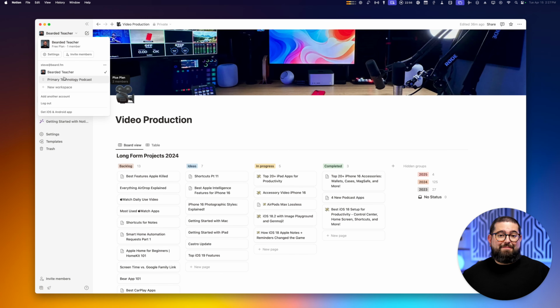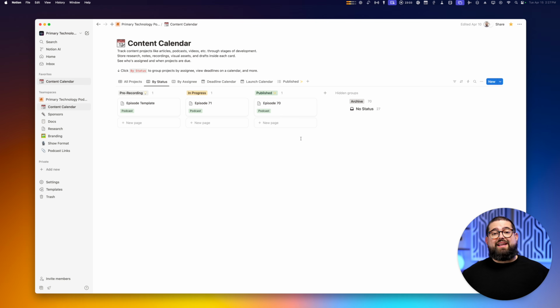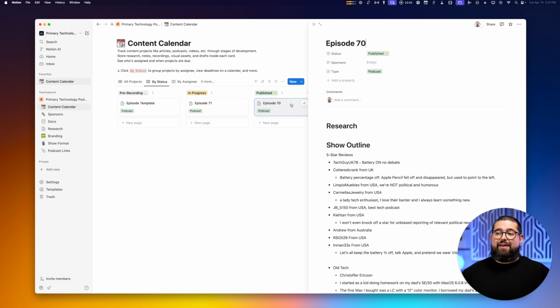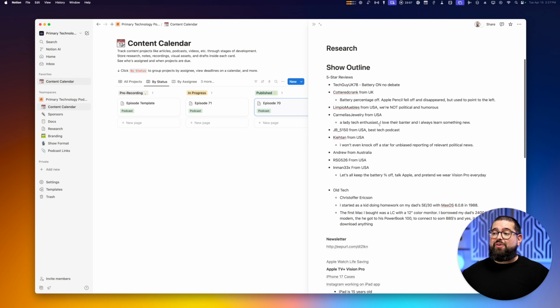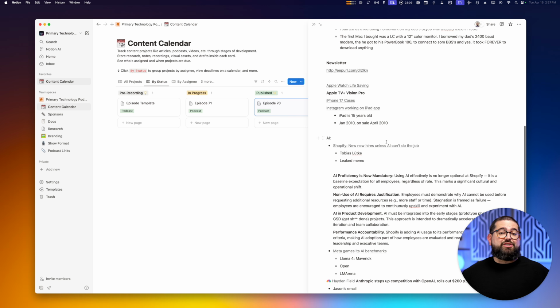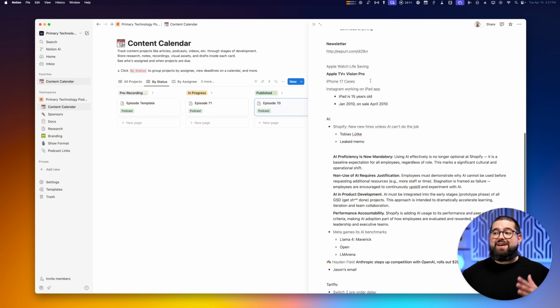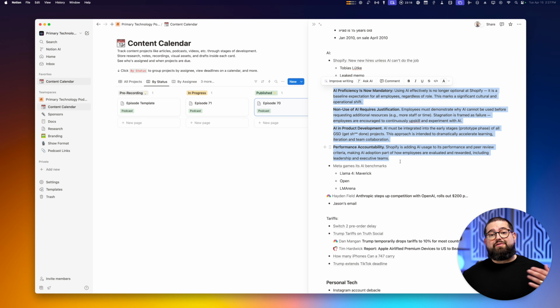Now, another way I use Notion and Riverside is for recording my podcast. This is actually the content calendar for Primary Technology, and every episode gets its own page with all the information of the things we're going to talk about. It's a tech news-based show. I have links to all the articles that I plan to use, some additional information for when I'm explaining it